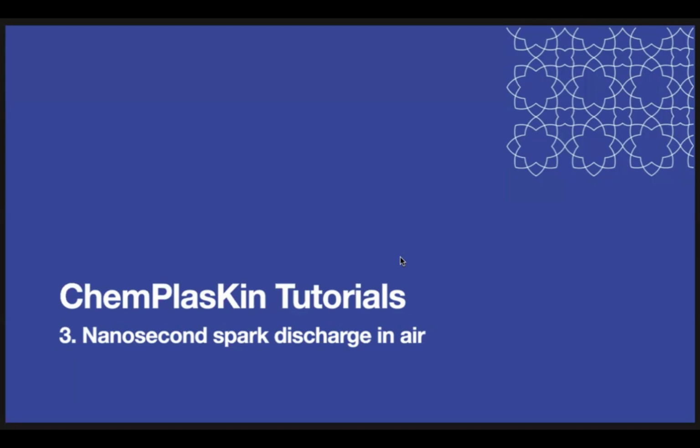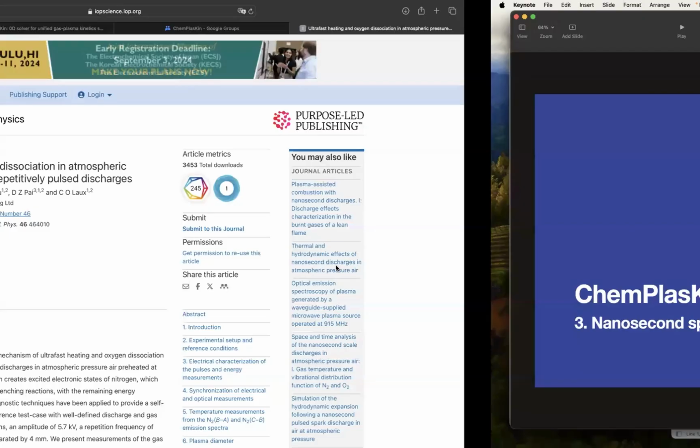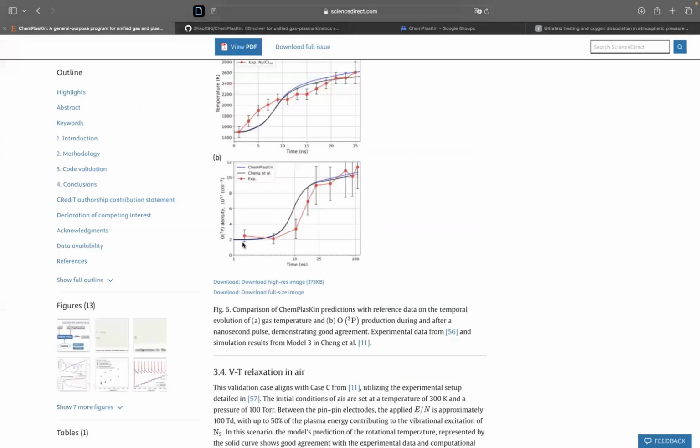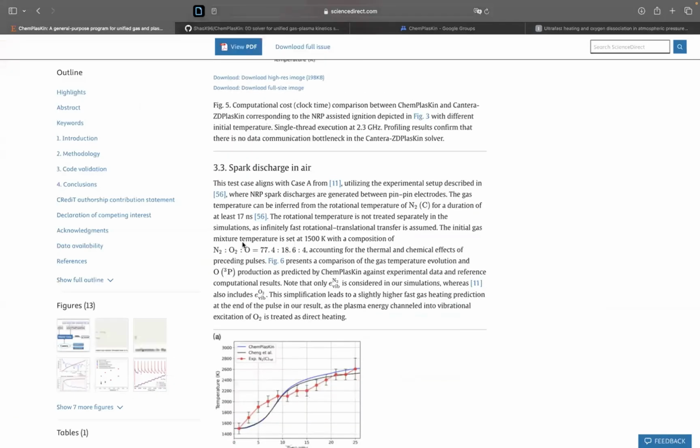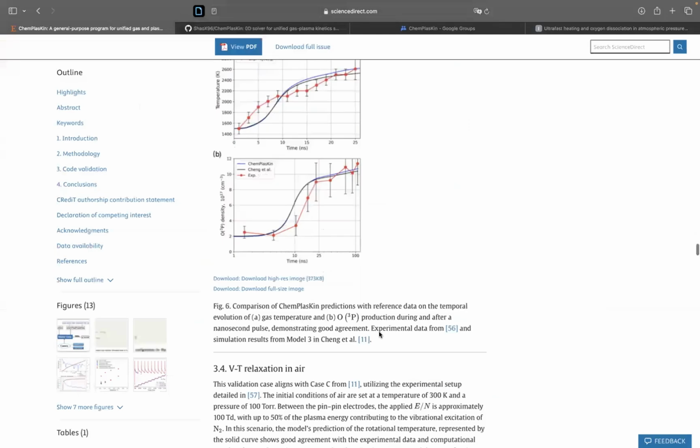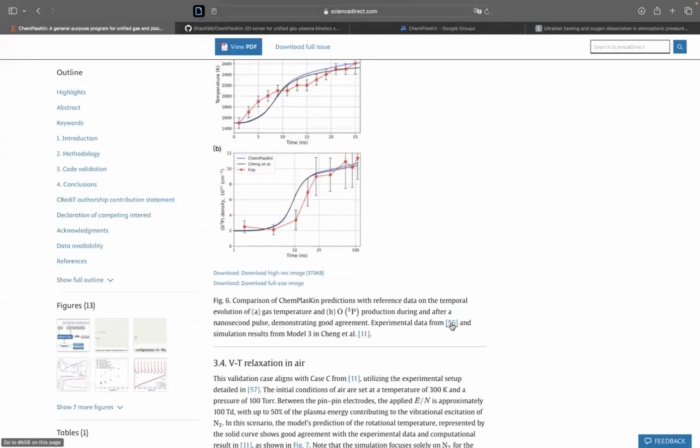I will show you how to model nanosecond spark discharge in air. This example corresponds to section 3.3 in the paper. You can check reference 11 and 56 for more details. Similar to the previous example of nitrogen, we will use external profiles of electric field and electron